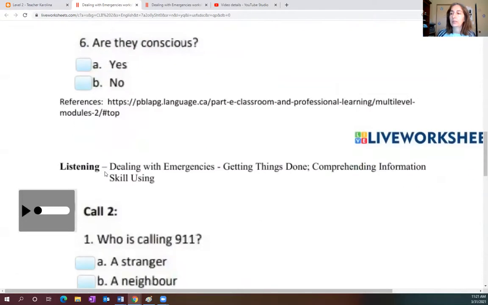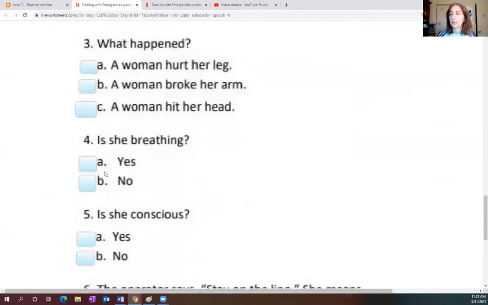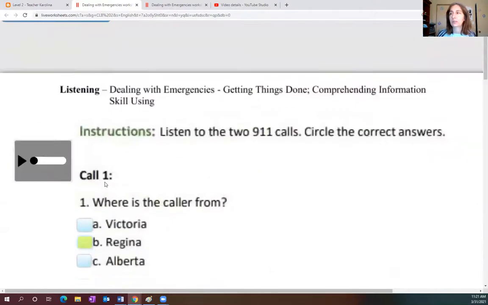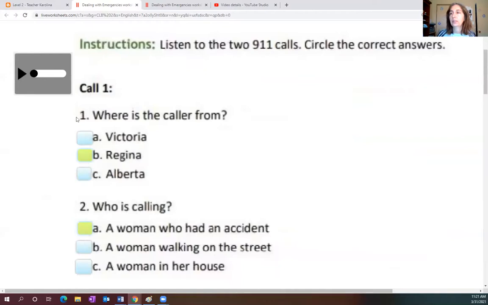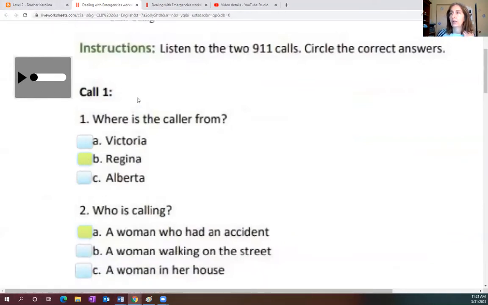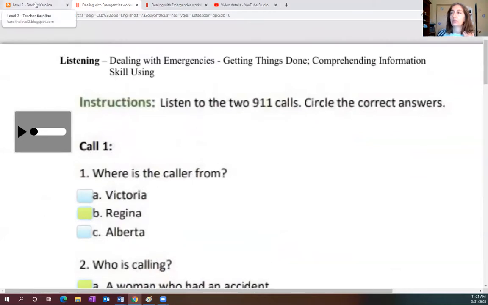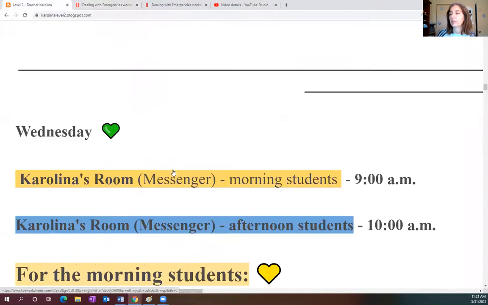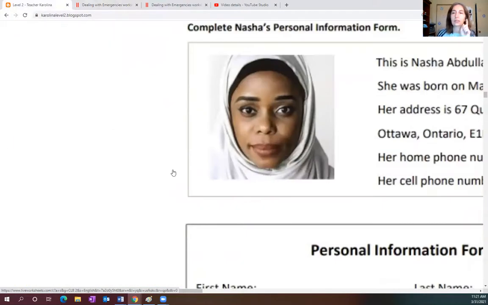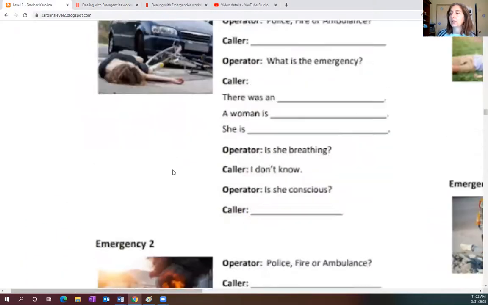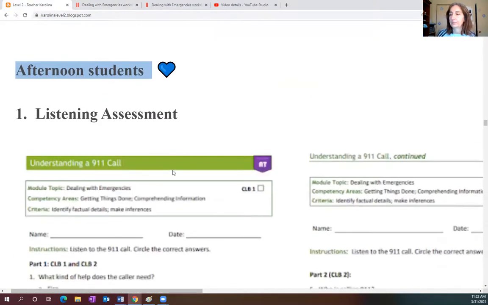So tomorrow you will have, yesterday you had this homework and you had 12 questions. For the test, you will have only, I believe, only 7. So you listen to it and then you just pick a good answer. I still didn't make it into a live worksheet, but I will do it this afternoon and turn it into a live worksheet. So you can just click on A or B or C, whichever you listen and think it's a good answer.